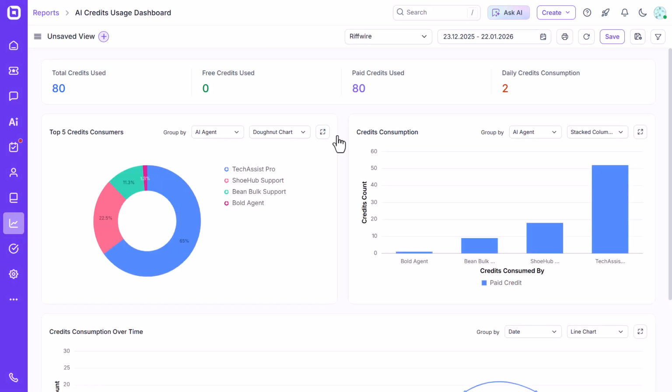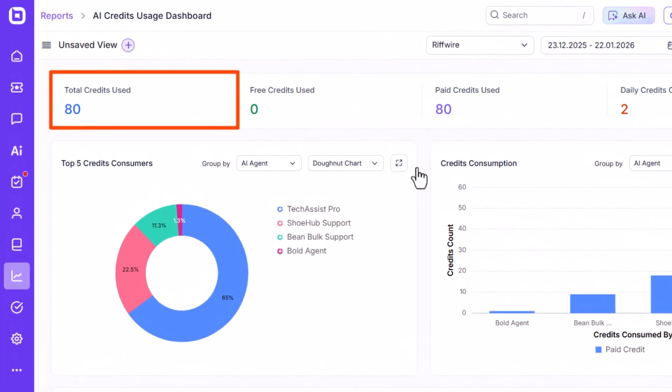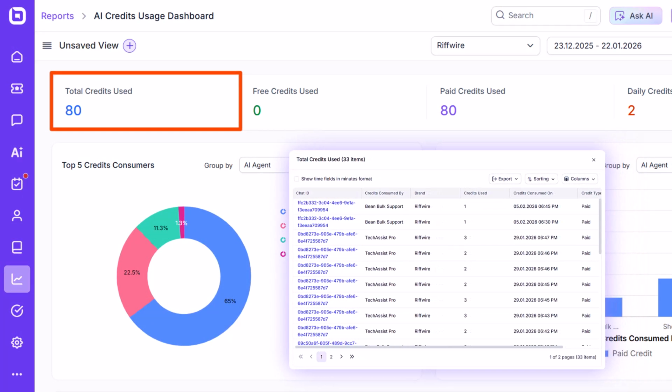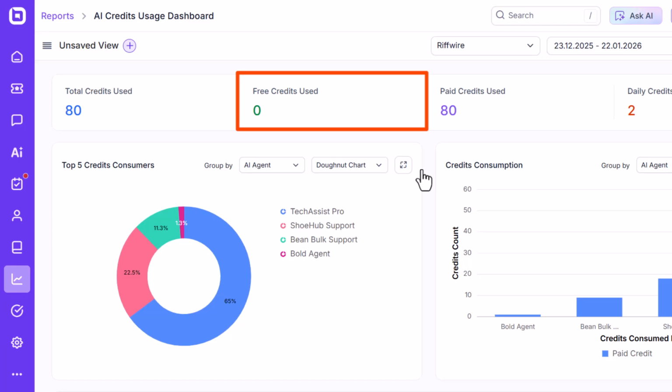Inside the dashboard, directly below the filter controls, you'll find 4 key usage metrics that give you an overview of AI credit consumption for the selected brand and time range. First, there's total credits used, which shows the overall number of credits consumed by all AI activities, both free and paid. Next is free credits used, which displays how many credits were deducted from your free allocation during the selected